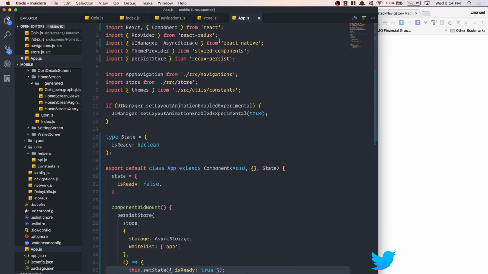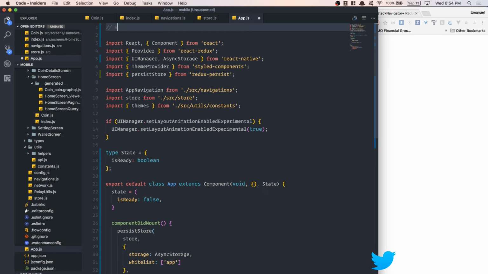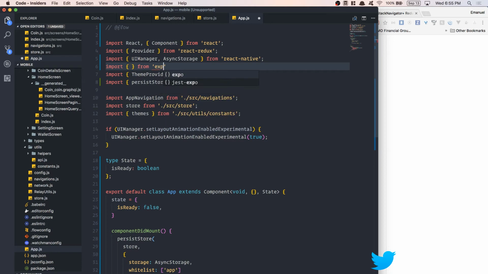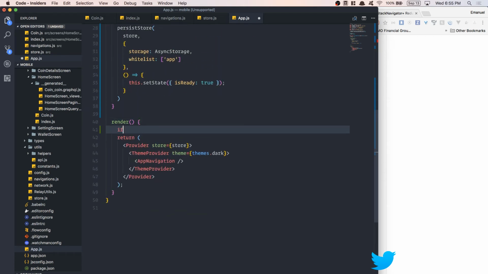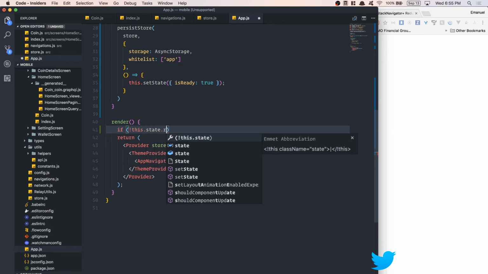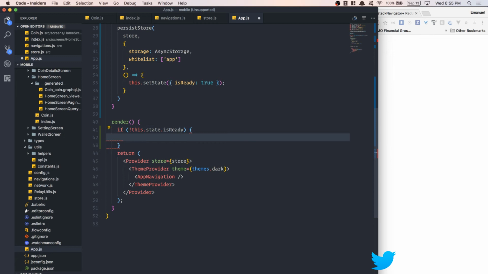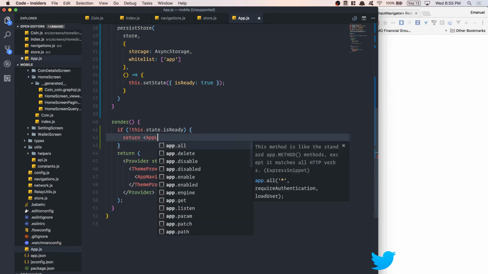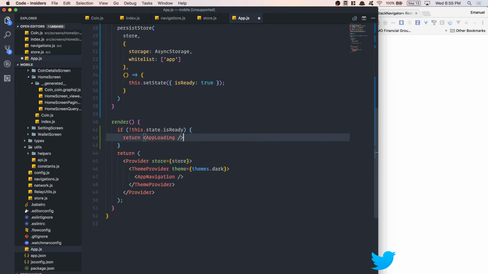And now here I can take from Expo the AppLoading. And now what I do is, if this.state.isReady, so if it's not ready, return AppLoading. And now if you work,